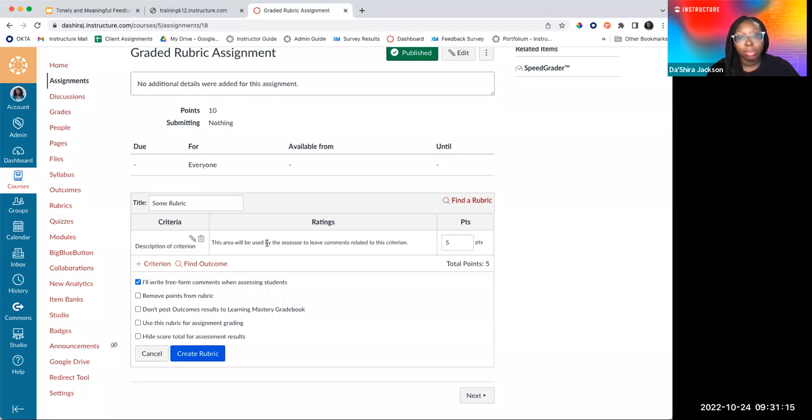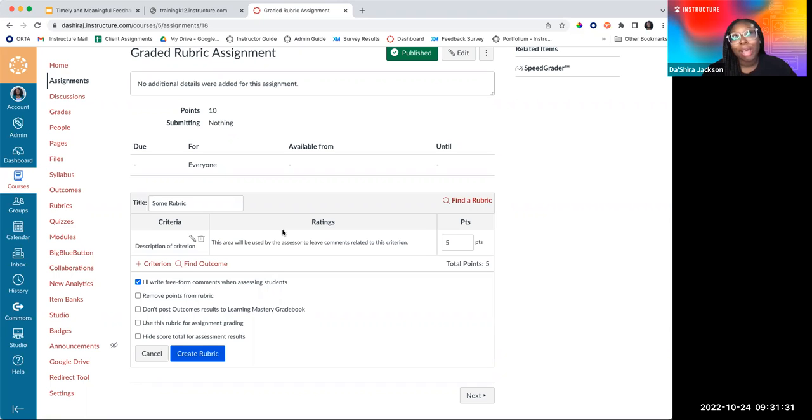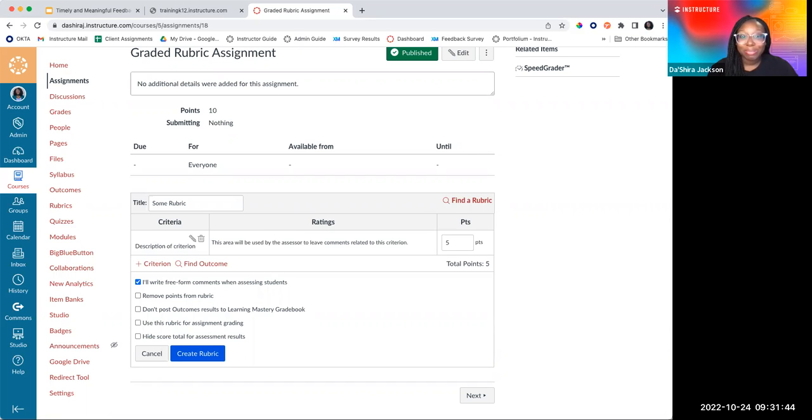Yes. Okay. Yep. So you could make one, there's just not two. You could make one by kind of tricking it, I guess. Okay. But we don't have the option to have two different versions, or views, of a rubric. I think that's what it would be. Yeah, there isn't a template for it, basically. Okay. Thanks. You're welcome.